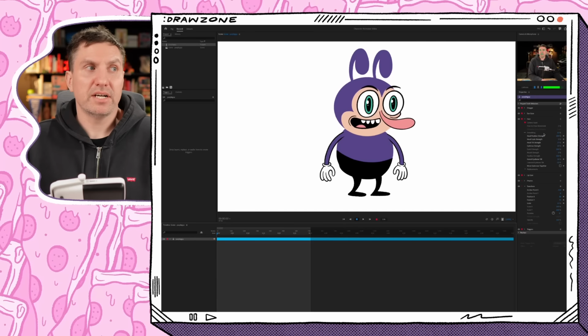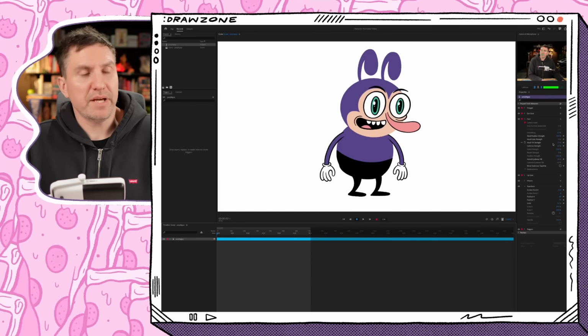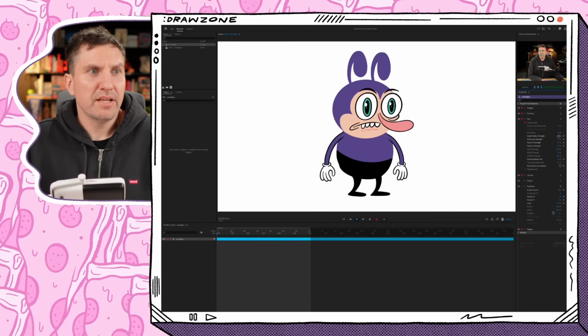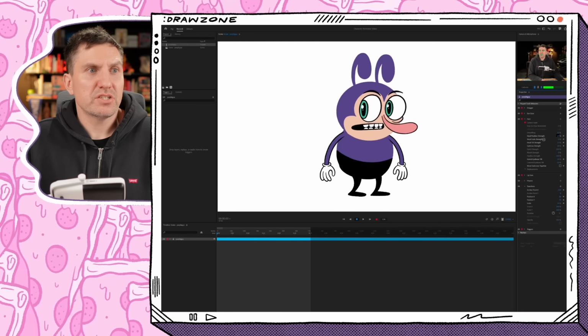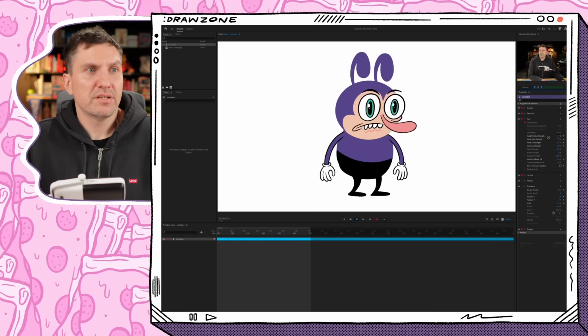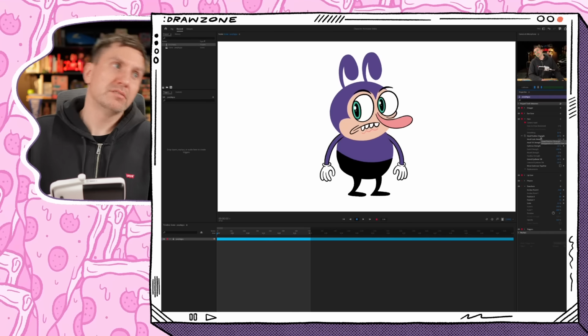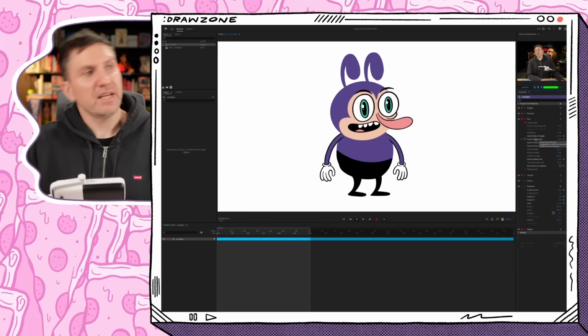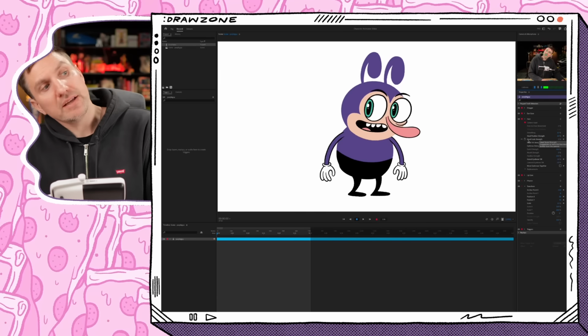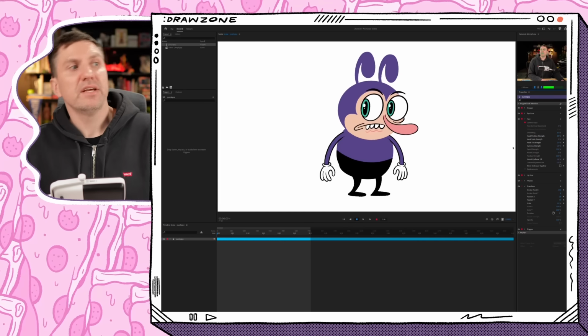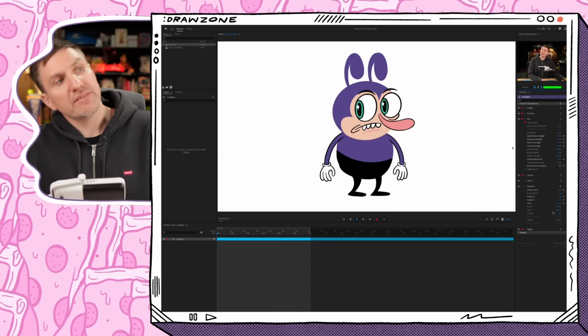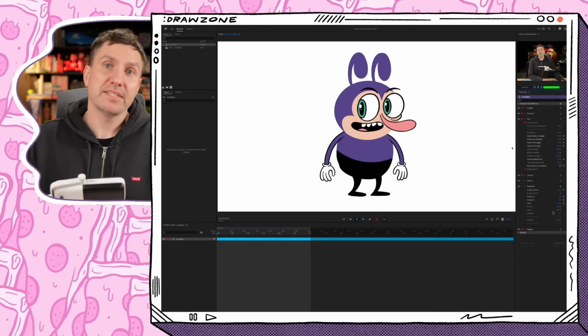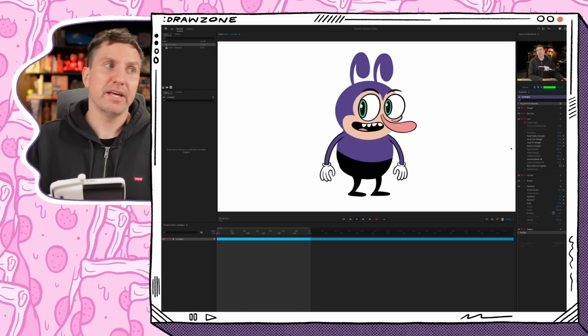Okay, so it's not much better, but let's change this head position strength. There we go. So if I brought the head position strength down, now I can tilt my head and move it around, and it has a lot of character, but it's not, you know, flying off of the body,